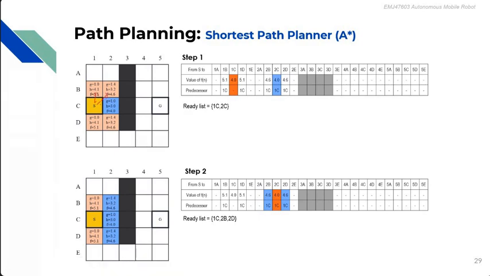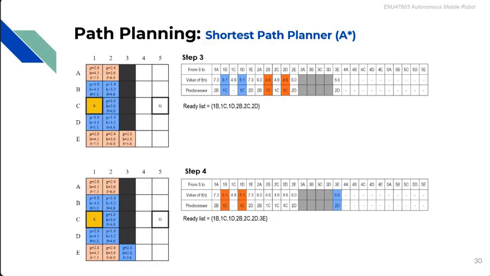Okay, so for A star, same thing. You expand to here, here, and here, and here. You calculate G, H, and F, and see what is the lowest value of F. Now the lowest value of F is here, but there is no option for you to expand anymore from that location, right? So the lowest value after that will be this one and this one, right? So now you expand from that to here and here and here, here and here, right? So you get the value of this, and this is the lowest one, and the only possible action is to here and here again,